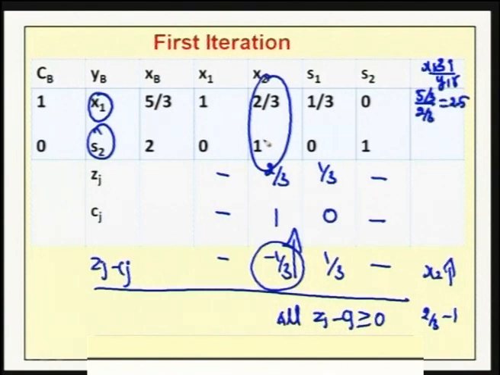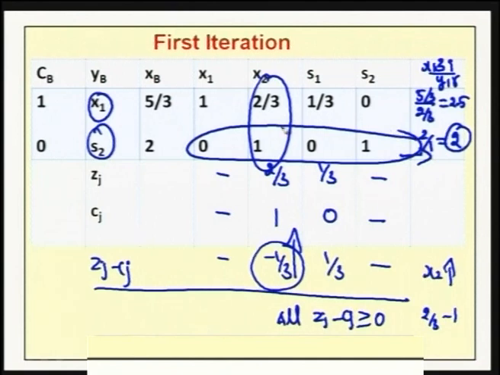Now, for the next one is 2 divided by 1, which is 2. So, among these two values, the minimum is 2, therefore, the corresponding variable S2 leaves the basis. So, in this problem x2 enters and S2 leaves the basis, therefore, the pivot element is 1. So, in the first iteration, our entering variable is x2, our leaving variable is S2 and the pivot element is